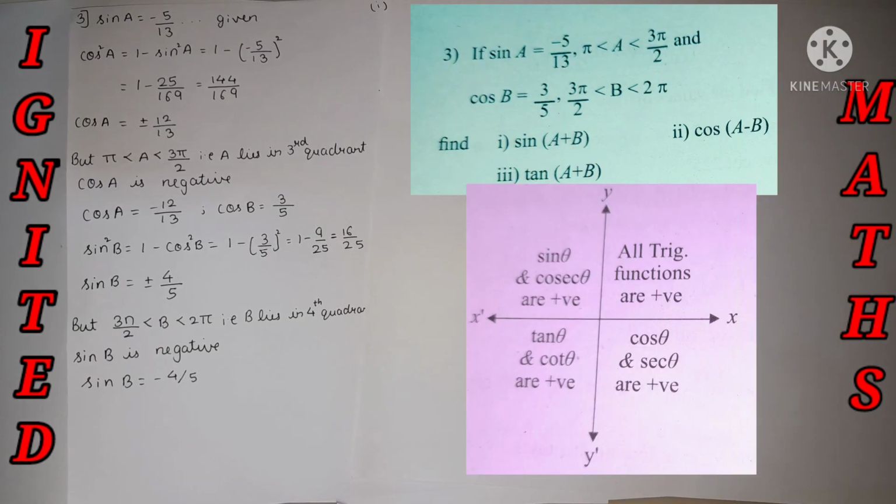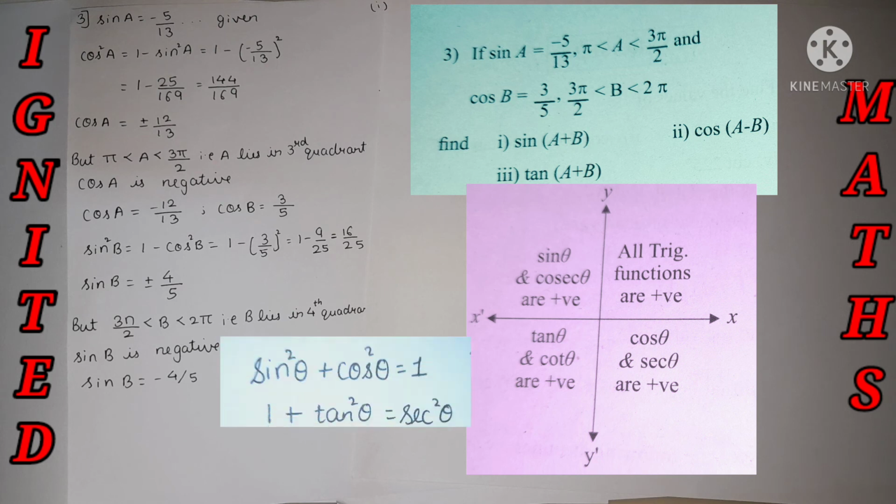Now the third main question, okay, the third main question is actually something we have already done in the second chapter of trigonometry. Yes, so it's completely based on it. A little bit we need to apply the trigonometric functions of the compound angles formula. Okay, so they have given that sine A is equal to minus 5 by 13, and cos B is equal to 3 by 5. A lies between 180 and 270, and B lies between 270 and 360. This type of sum we have already done, so just a recap of it, we'll do it over here.